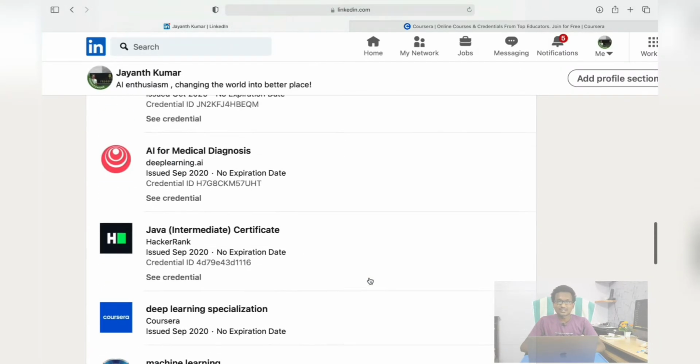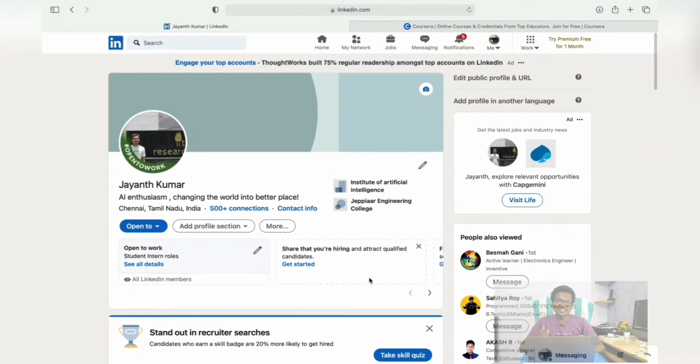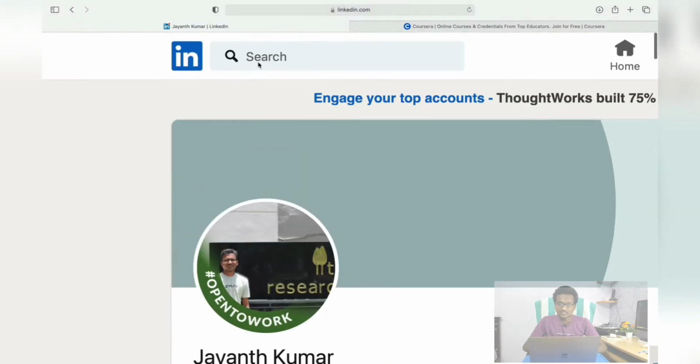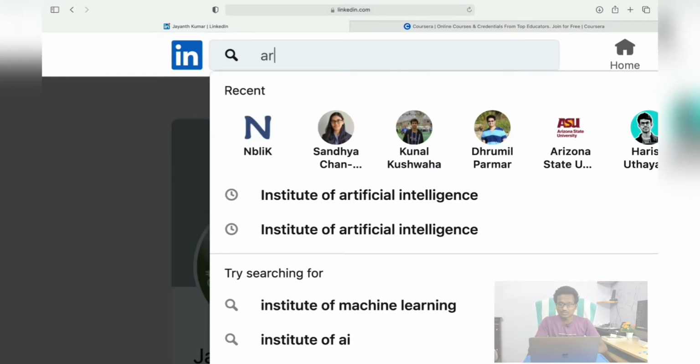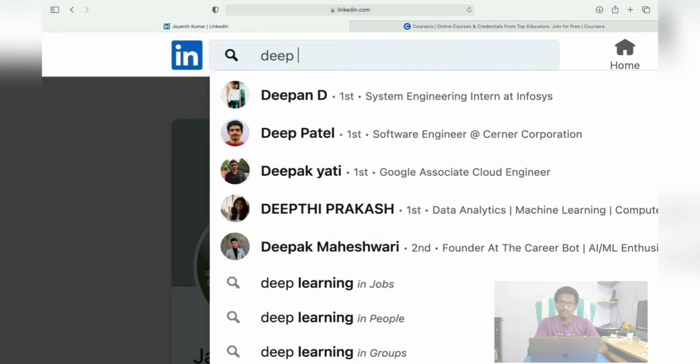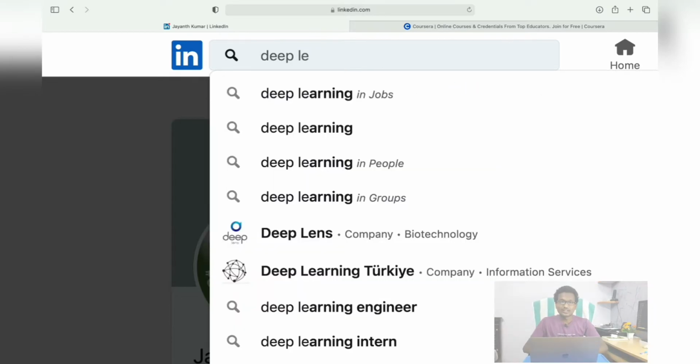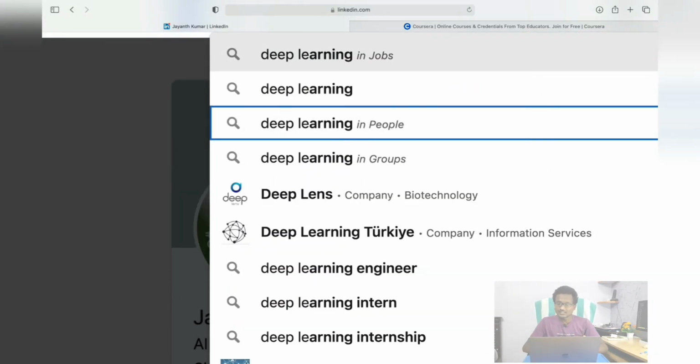And then accomplishment is nothing but the projects and paper publication. And then if you wrote any entrance exam, you can mention all these details, right? So same process, click on the plus button. After clicking the plus button, they will show the options of publication, patent, course, project, honor and test score. Just click on whichever domain you've worked in till now. Just add the content, guys.